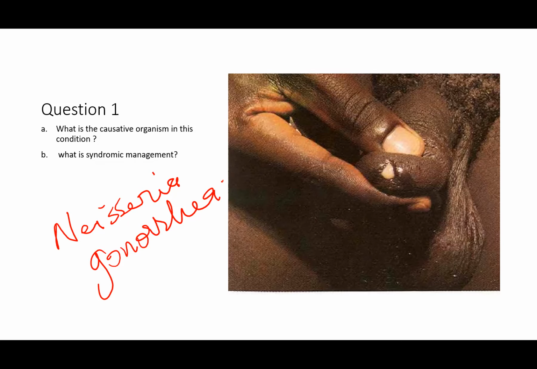You use doxycycline for the chlamydia trachomatis. Fluconazole is used for candida, and for the Neisseria gonorrhoeae, you have ciprofloxacin, which is a quinolone. Okay, it's a broad spectrum antibiotic. So ciprofloxacin,